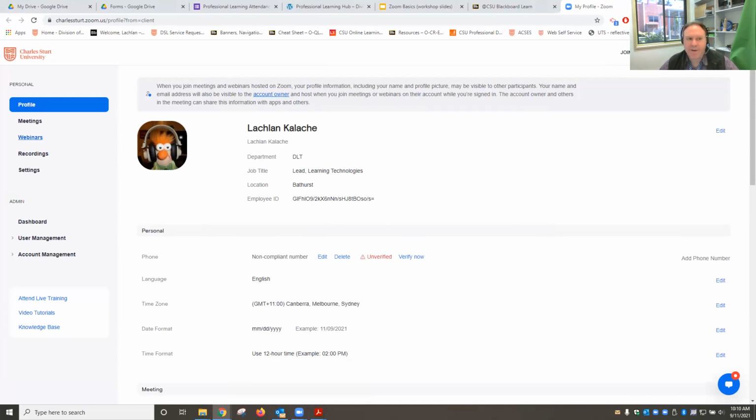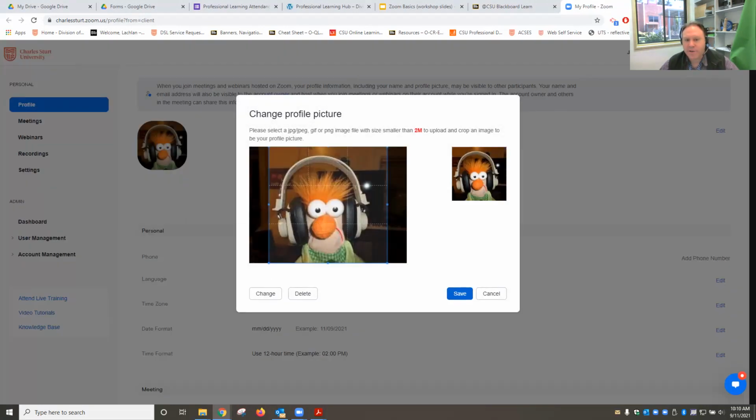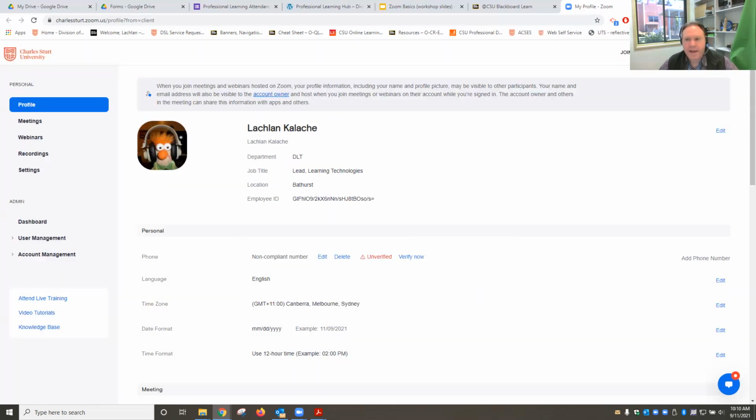This is one way that we can access all of our Zoom settings, not just a summary, but all of them. Inside your profile, if you wanted to change parts of that, you're going to find things like your image. If you wanted to change your profile picture, you can upload your own. You're absolutely free to do that. And you can also change some of your other peripheral information, titles, things like that. All right, so we will have a look more at the Zoom portal and its other deeper settings later on. But the main thing I wanted to show you firstly was